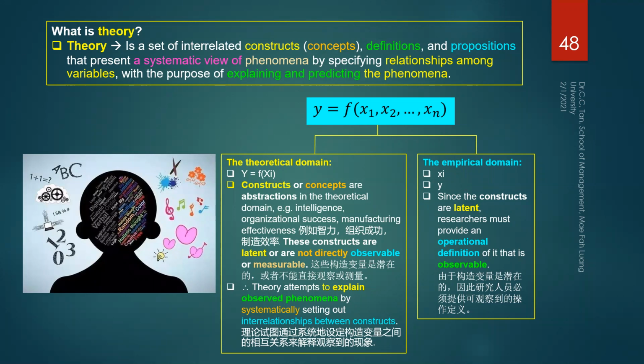A theory, you want to understand this theory, there are two things. One is the theoretical domain. The other one is the empirical domain. So meaning this is the data, this is the theory. With the theory itself, we want to build a theory, or we want to develop a theory, or we want to test a theory. To test that theory, we have two components, right? One of them is the theoretical component, the theoretical domain that reflects the same, to understand the same theory. The other one is the empirical, the data, the concrete experience domain that explains the theory.